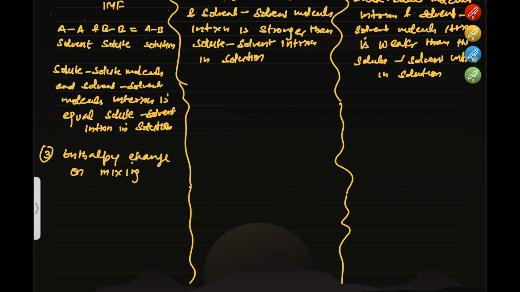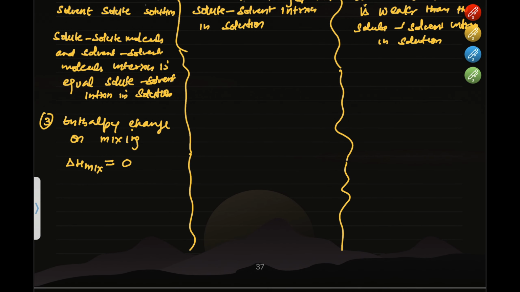This means the enthalpy change on mixing the solute and the solvent and form the solution is zero. So delta H mixing, मतलब change in enthalpy on mixing for ideal solution is always zero. This indicates that neither heat is absorbed nor heat is released during the mixing of the solute and the